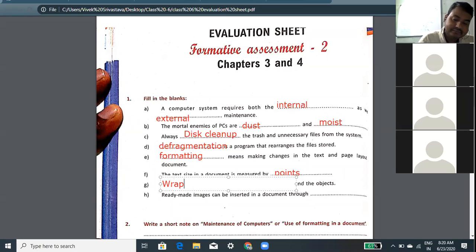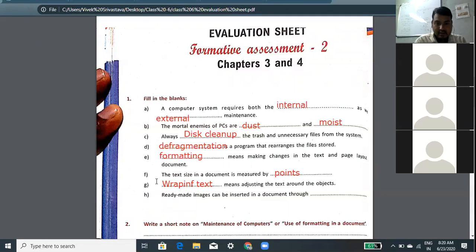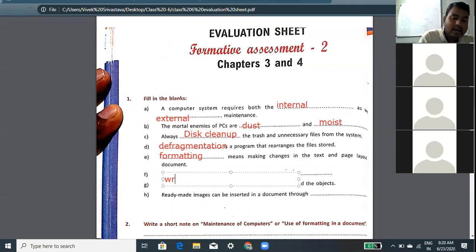Wrapping text. You can resize the image, okay? Increase and decrease. The answer is wrapping text.